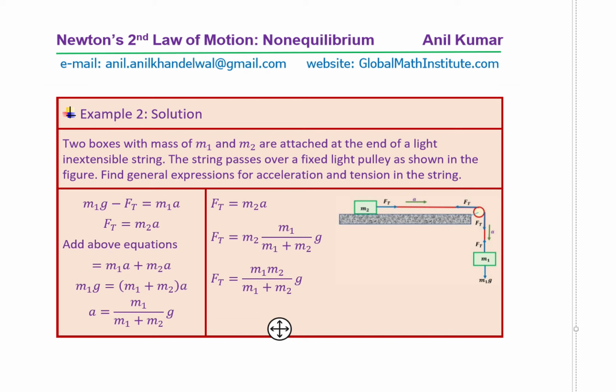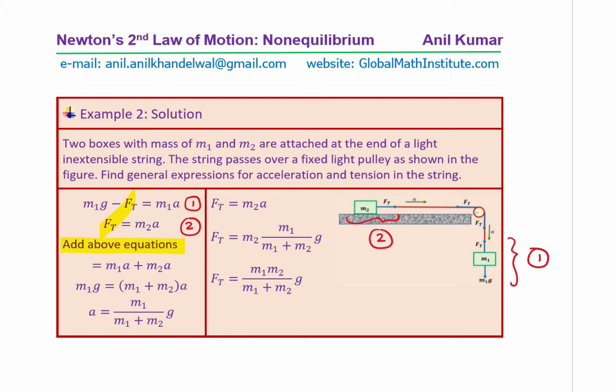So we have these two equations which we are calling equation number 1 and equation number 2. Equation number 1 is based on this, right? So that is our equation number 1, and this gives you the equation number 2. Correct. So these are the two equations. We just add them up. When you add them up, Ft and Ft cancel, and therefore